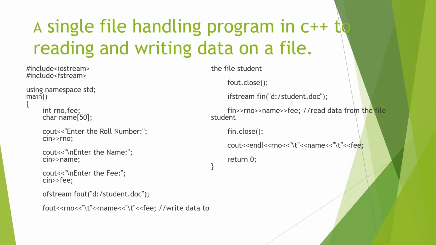Then ofstream fout, with the file location we are going to take. We are going to open the file connection. What we write is the register number, tab space, then the name. We write these details in the file. After that we have to close the file. Again, by using the ifstream class, with the file location, we use the fin statement to read the data as register number, name, fees. Then we have to close the connection by using fin. After that, by using cout, we are going to print the register number, name,